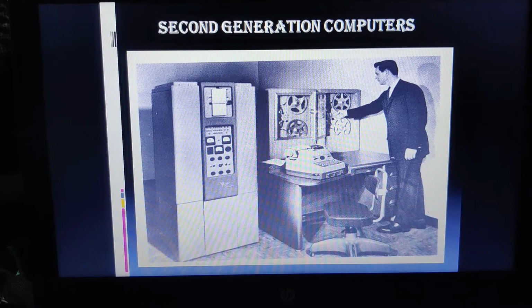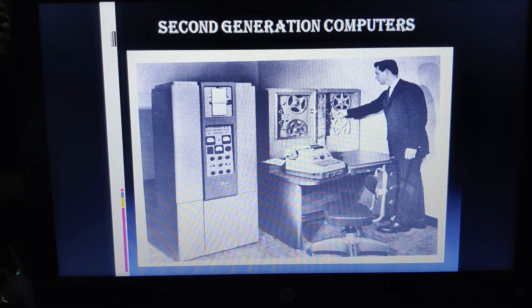Then what are the features of the second generation? Let us discuss. Transistors were being used for the internal operations, which made the computers smaller in size. Even then, when we were using transistors, an enormous amount of heat was being generated. But comparatively to the first generation, the second generation computer systems were manageable. And then what were they using for memory purpose? They were using magnetic cores for the main memory.